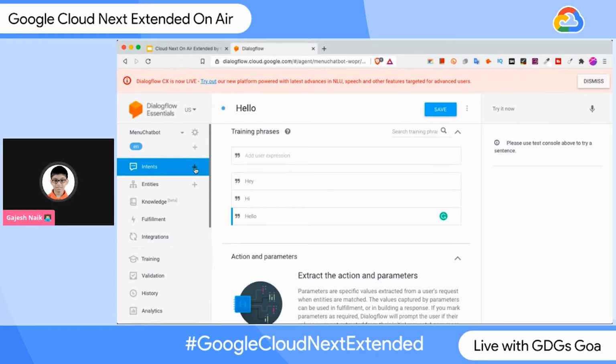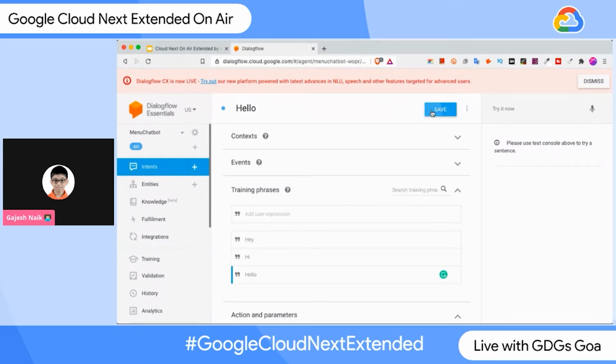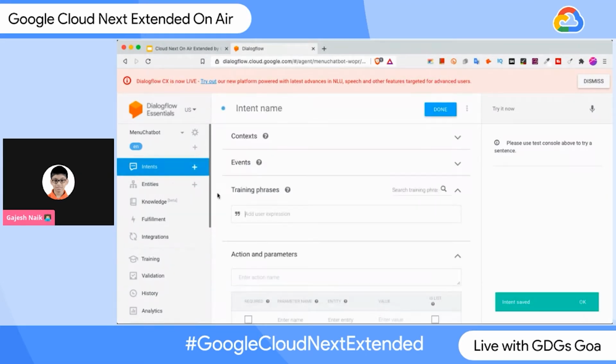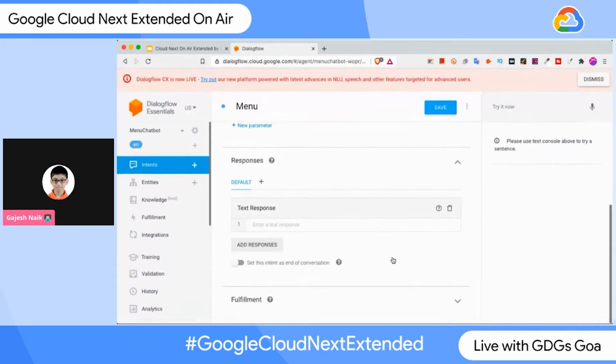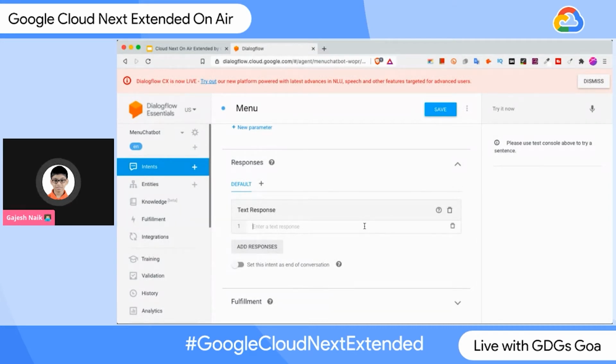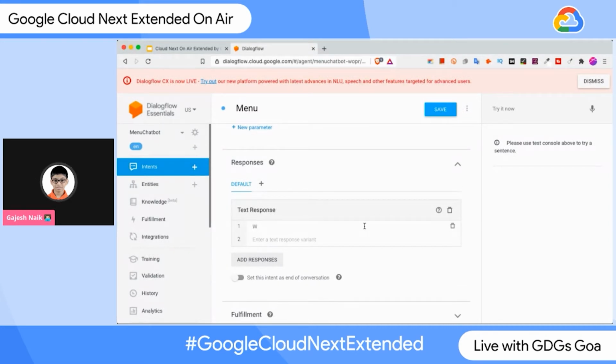Next, click on this plus icon. We'll create another intent and name it as menu. Now add the training phrases: menu, show me the menu, menu is. Next, let's add the response as we have